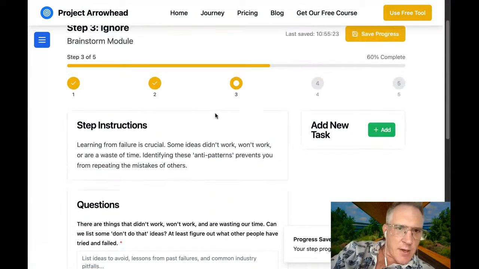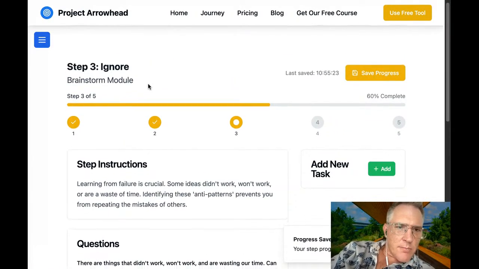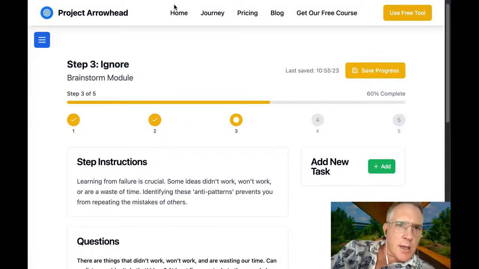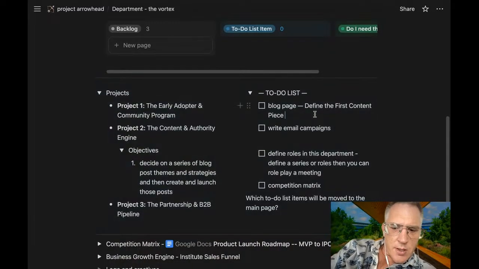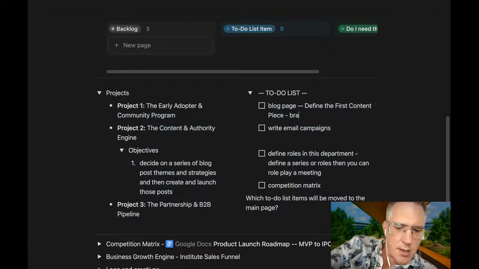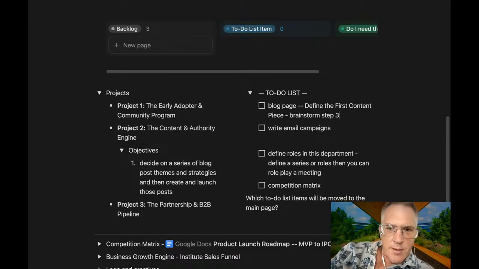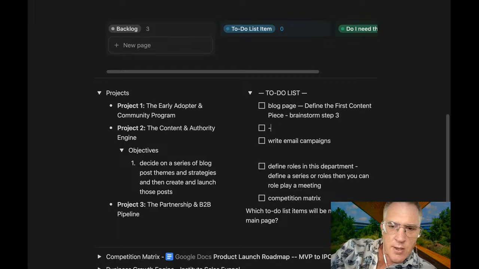So we're going to start the next video with brainstorming step 3. And we're just going to go back into here, the blog post. We're going to be doing brainstorming step 3, and then eventually we want to do the choose module.